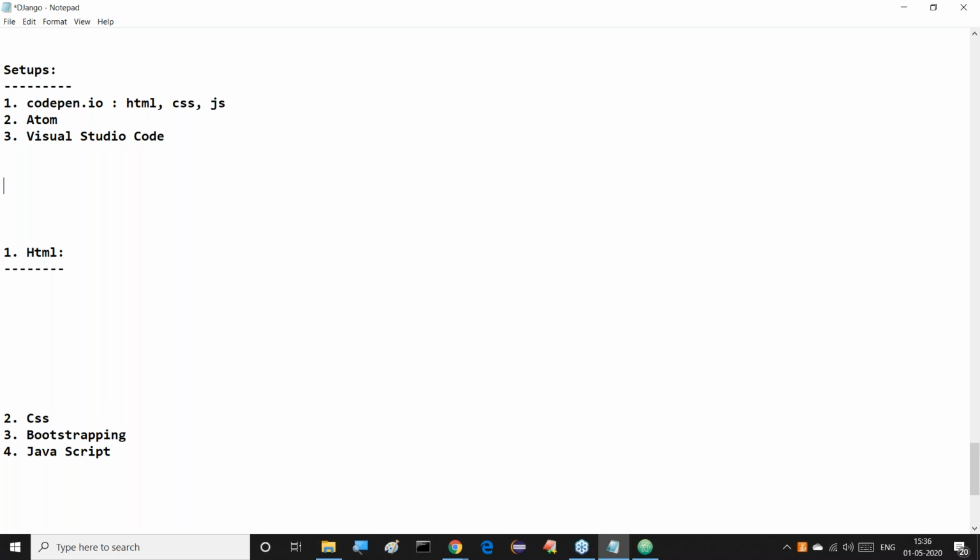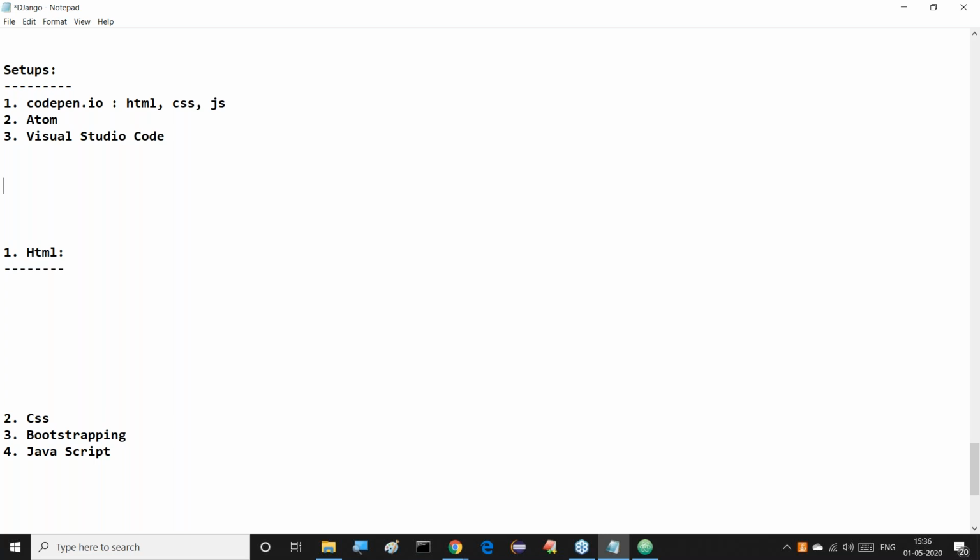Atom is providing some packages to me. I have to install those packages to get a simplified development environment, with color quotations maybe, and to keep all the tags in a particular order maybe. Different packages are required. After installing them, our IDE provides a very good look and feel and a very good environment for development.